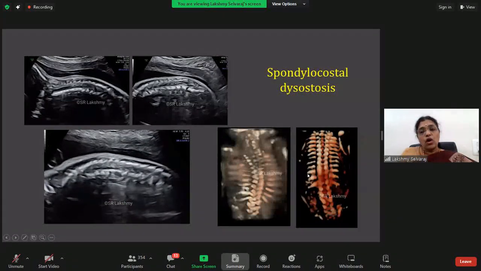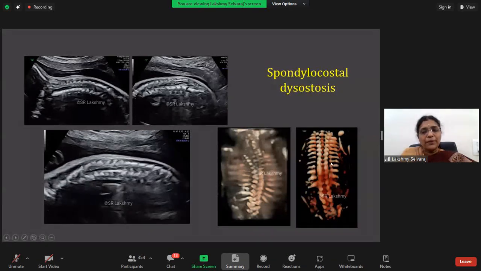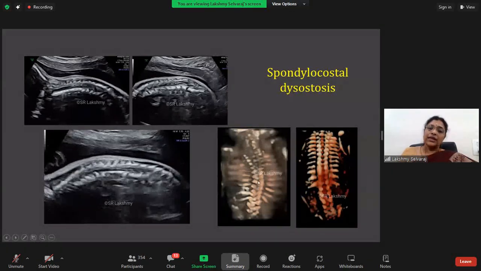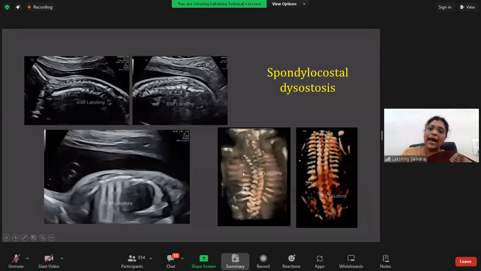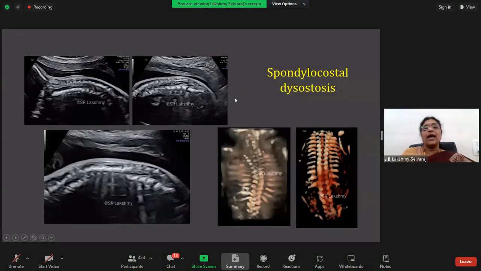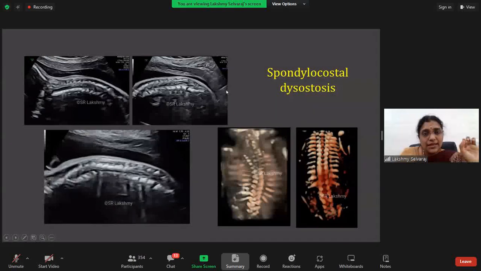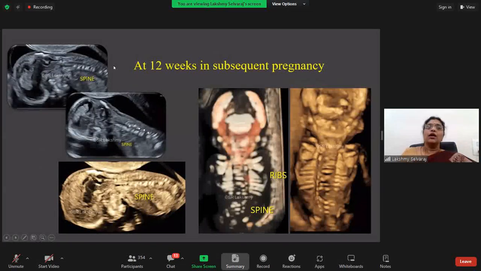This is how the normal ribs would look, uniformly placed. And you see the curvature of the fetal spine and the ribs are abnormal here. And if you identify the subtle problem in the first pregnancy, look how the spine looks at 12 weeks in